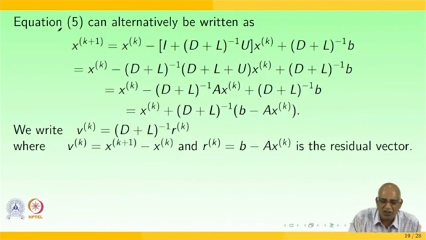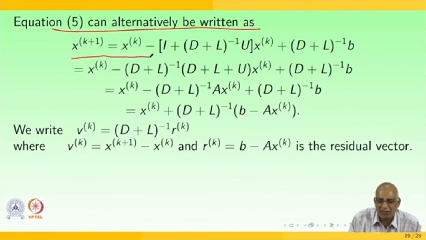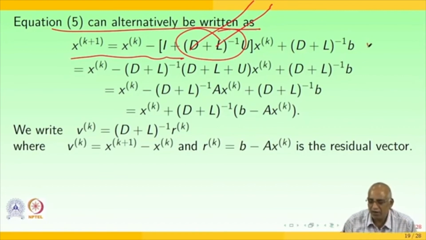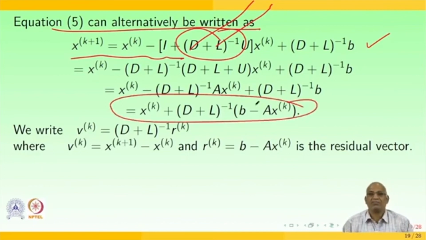And from equation 5, it can be written as x of k plus 1 is x of k minus I plus D, where D is the diagonal and L is the lower triangular, and (D plus L) whole inverse will be added up with (D plus L) whole inverse times b. So ultimately we will end up with an expression like this,